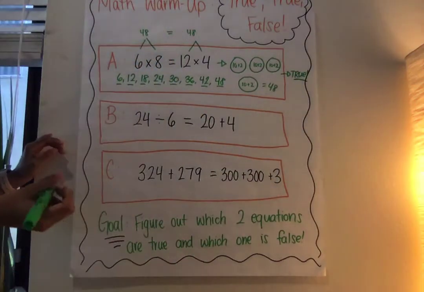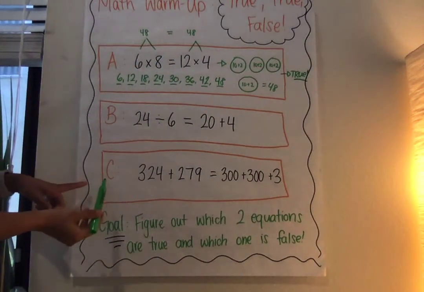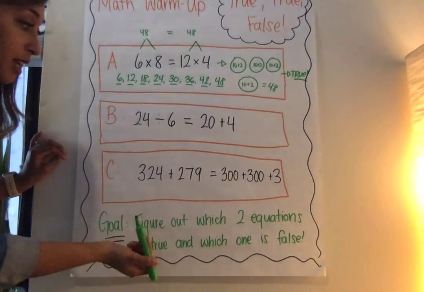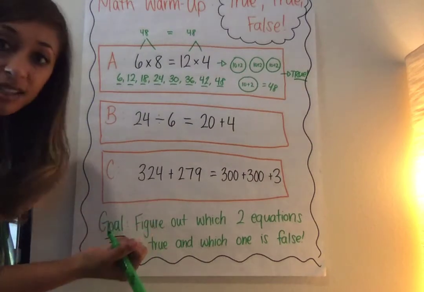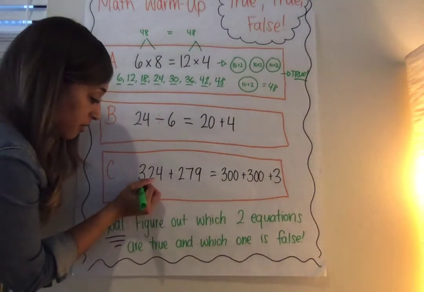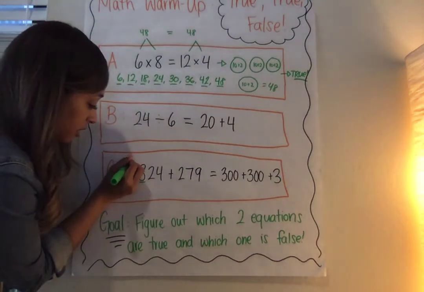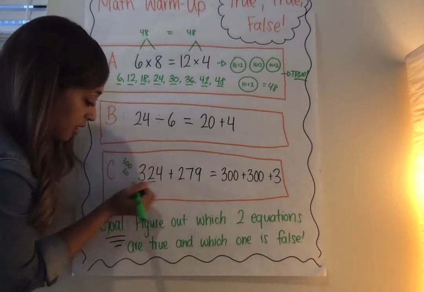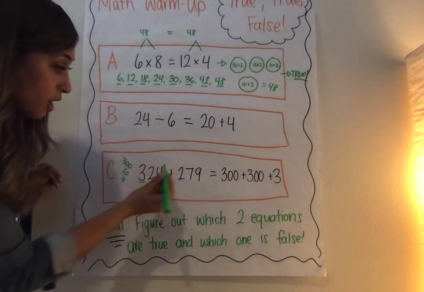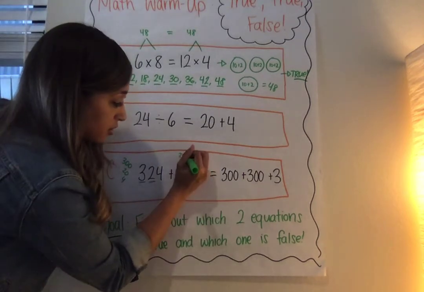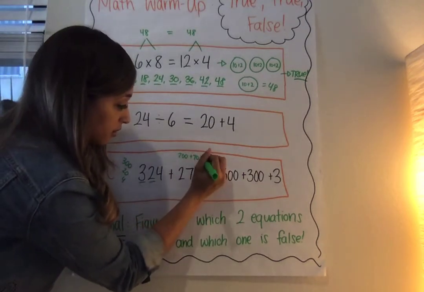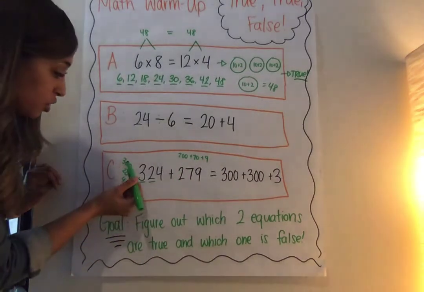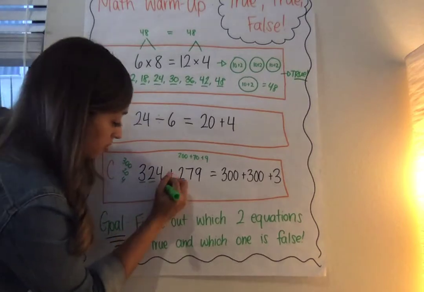Okay, then we might come to equation C and try and figure this one out. 324 plus 279. Okay, so kids might look at this one and they'd group it by place value. They know that we have 3 hundreds. The 2 means 2 tens, so a 20, and 4 ones. On the other side, we have a 200 plus a 70 plus a 9. And they might start grouping by hundreds. So 300 plus 200